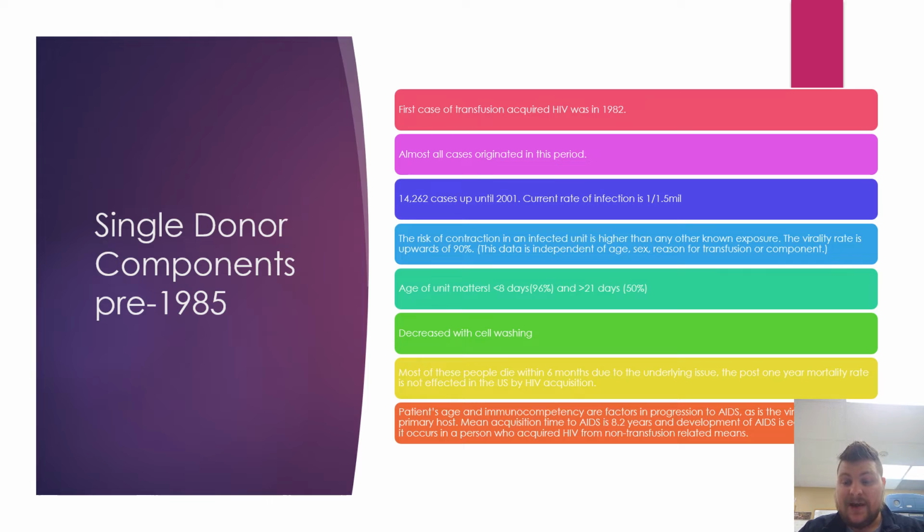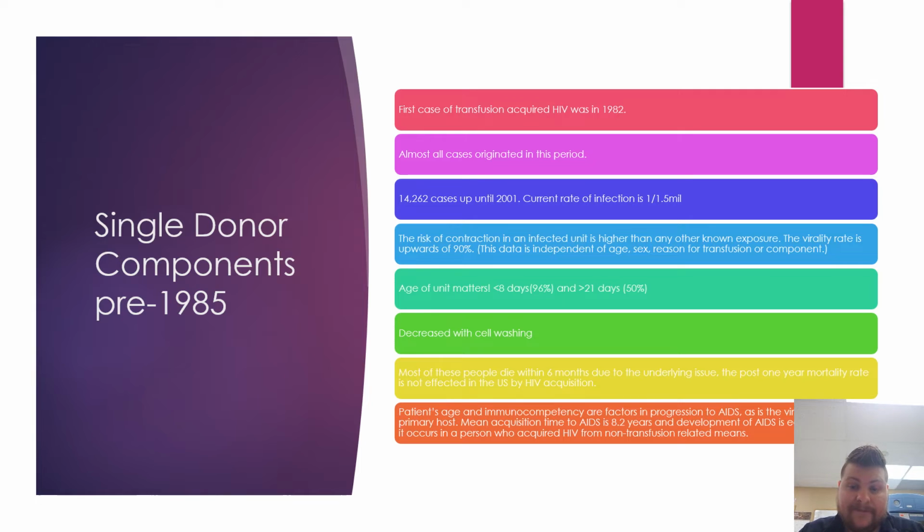Most of these people die within 6 months due to their underlying issues. They're not dying from the HIV, they're dying from whatever originally required them to get that blood transfusion. The post-1 year mortality rate is not affected in the United States by HIV acquisition. So like it says, most of these people are dying from the original reason that they're actually needing a transfusion and not